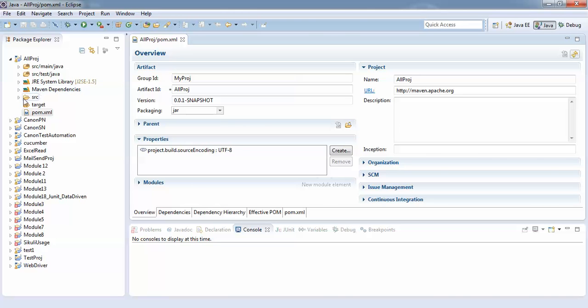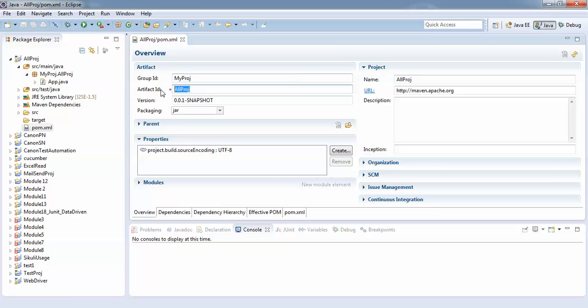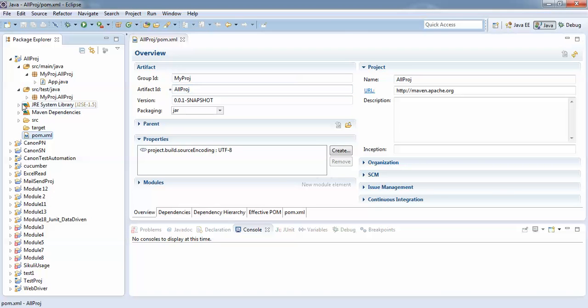So this is the default project structure. I was saying that artifact ID will become the project name, and under that the sub package having my project, which was the group ID I have given. You can see here, and this is the structure. You can change this structure, no issue. But the most important thing we are going to learn here is the POM XML file, how it helps to manage jar files. So I have opened the pom.xml file.